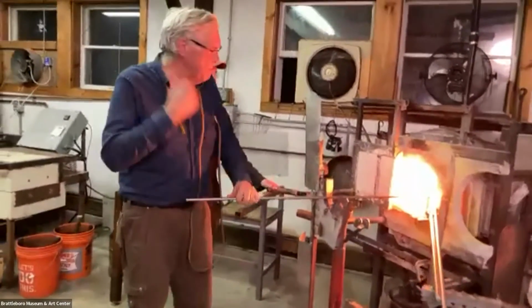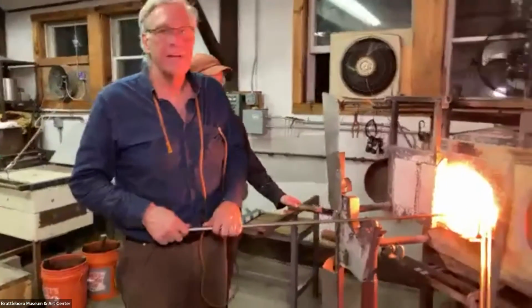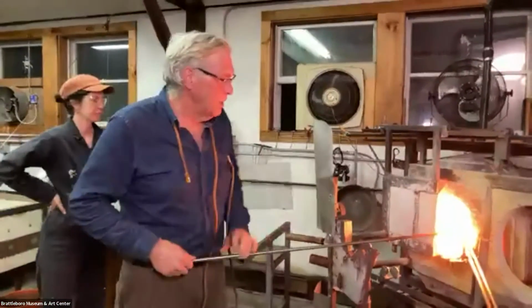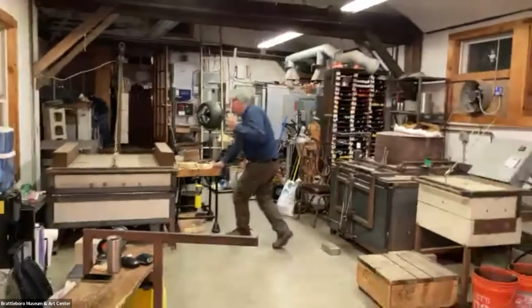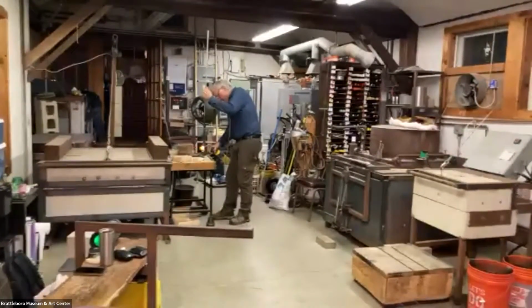Once the shell's made, it goes into what's called an annealing oven. The annealing oven is set at 960 degrees. That's the temperature where the glass is still molten, but super slow moving, so it doesn't deform. It will sit in there for 18 hours until the morning. And hopefully the shell will come out,